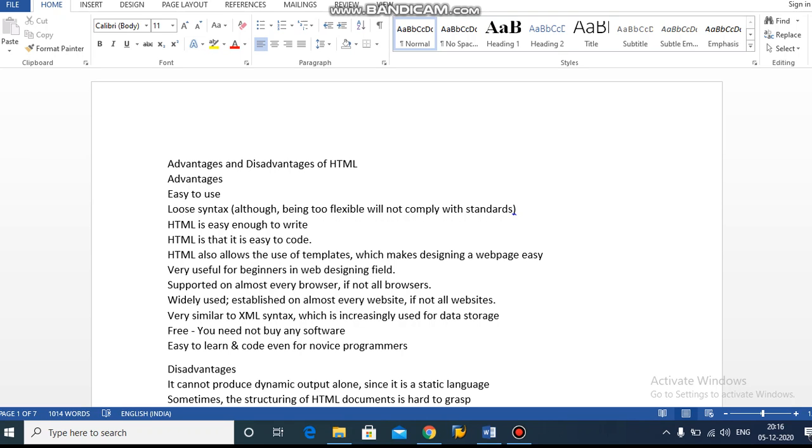Good afternoon, students. Today's topic is the advantages and disadvantages of HTML. Last topic we discussed the introduction of HTML. What is meant by HTML? So,